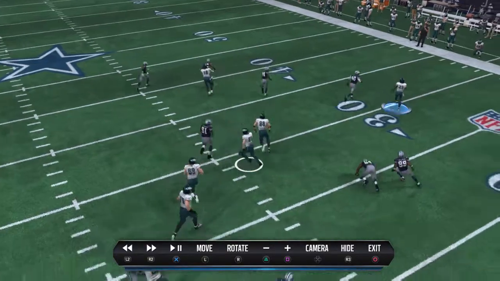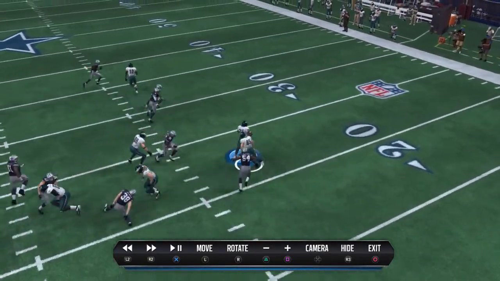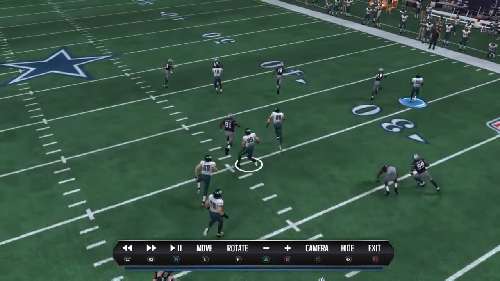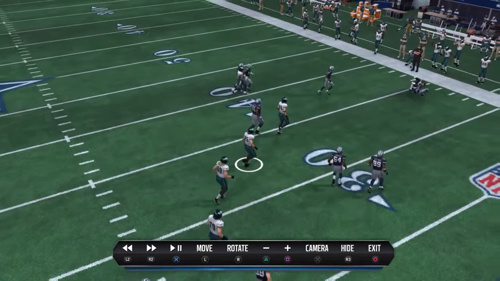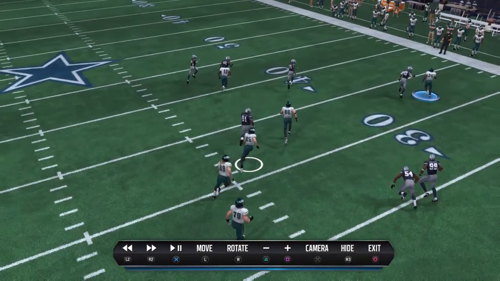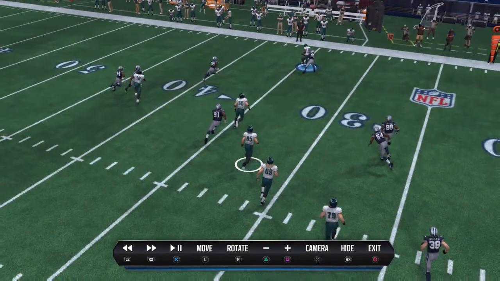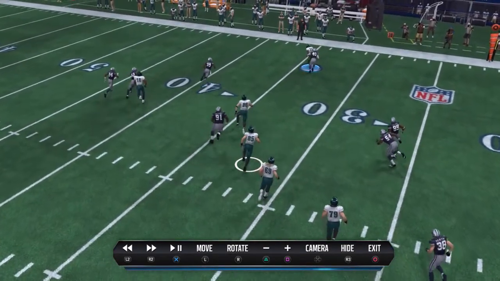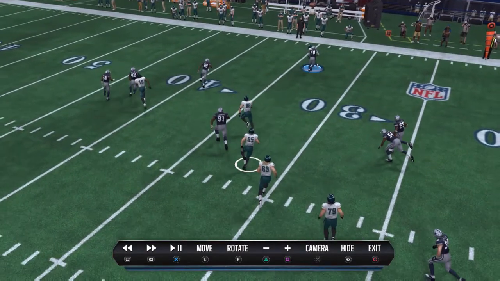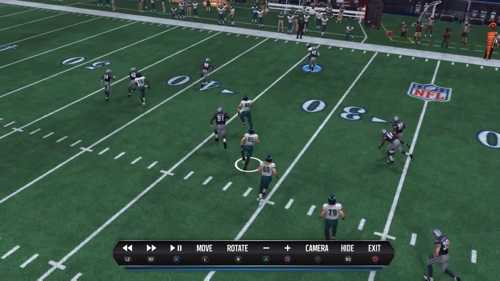Another thing I want to show you guys, which will be coming up soon, is the synchronization of players. You'll see four players make a turn on a dime at the exact same time, at the top of the screen. They're all turning at the exact same time in reaction to LaShawn McCoy. That can be easily cleaned up, and these are just legacy issues in the game. Madden has a lot of legacy issues.